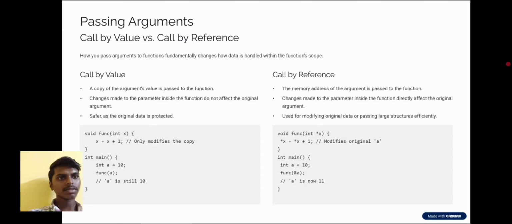Changes made to the parameter inside the function directly affect the original argument. Used for modifying original data or passing large structures efficiently. Syntax: void function(int *x) { *x = *x + 1; } int main() { int a = 10; function(&a); }